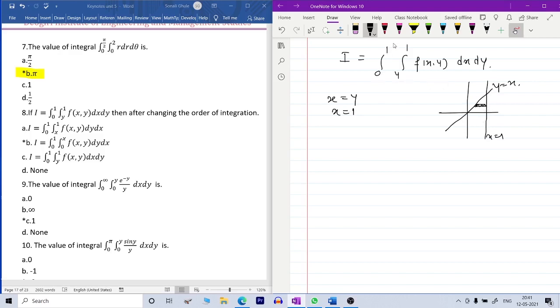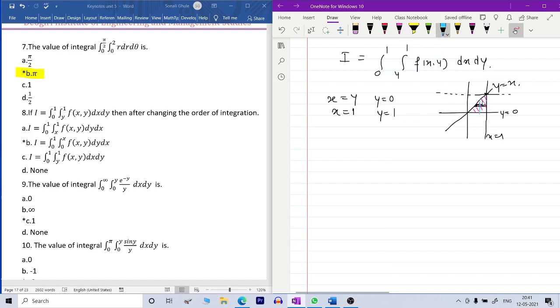Now here look, the outer limit: if inner limit is for x, then outer limit will be for y. Right, so here y is equals to 1. This point is y is equals to 1, as you can see. Okay, and y is equals to 0 means this line. So as you can see, oscillation of the strip is from y is equals to 0 to 1, means the region that we have find here is our required region, and we want to change the strip here as we want to change the order.